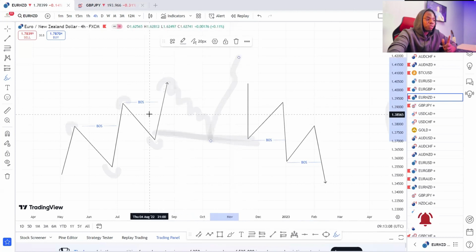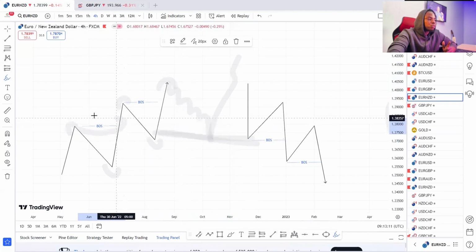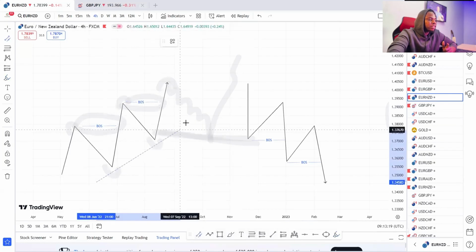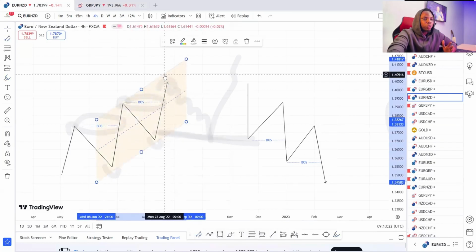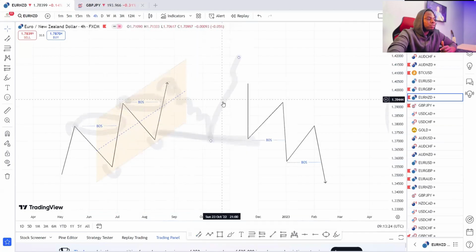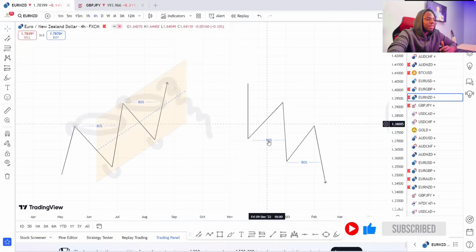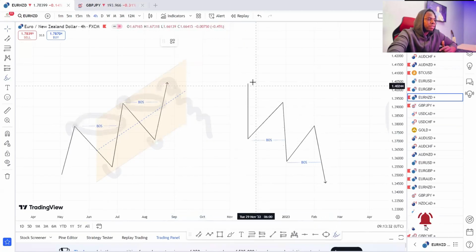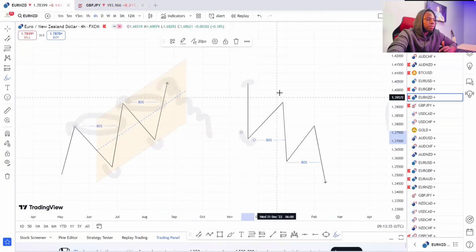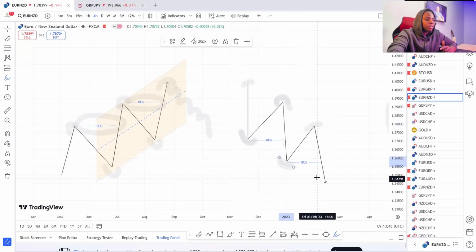Now I've noticed what we have on this screen. This one has been breaking structures to the upside, break of market structures to the upside. Definitely we are now looking at a trend continuation, and in this kind of market we want to buy. And for the sake of a downtrend, let's look at what we have here. For a downtrend, I also want to see the market breaking structures to the downside. This is a very good example. I have a high that creates this low, and I have another high that creates this low. Definitely, this is a lower high, this is a lower low, a lower high, a lower low.